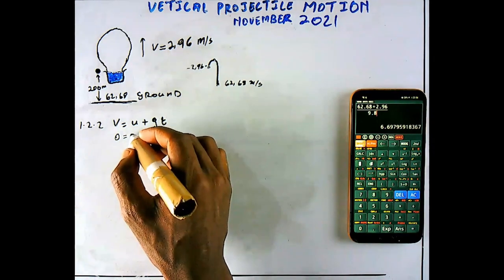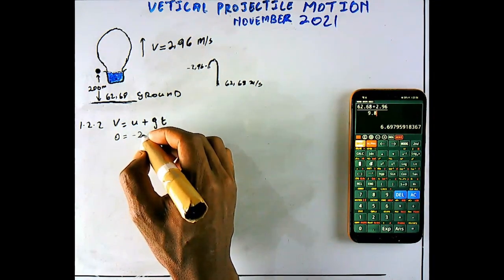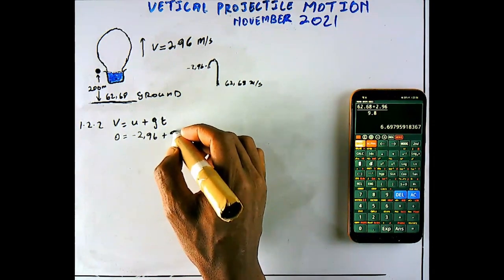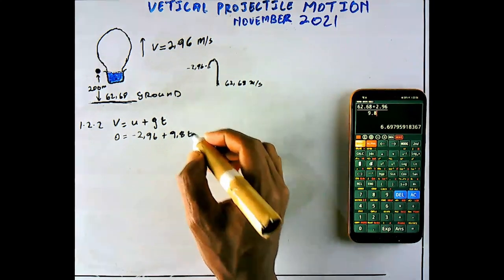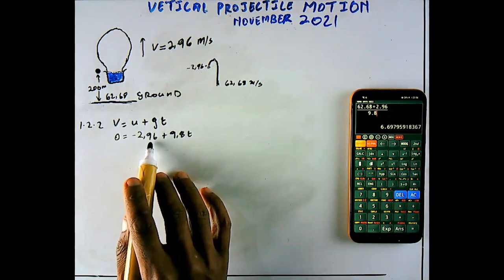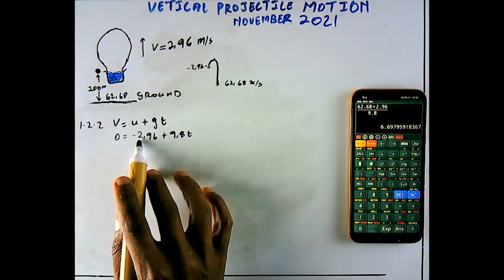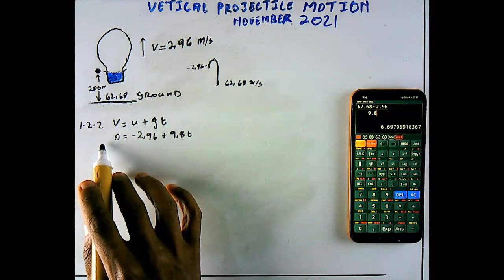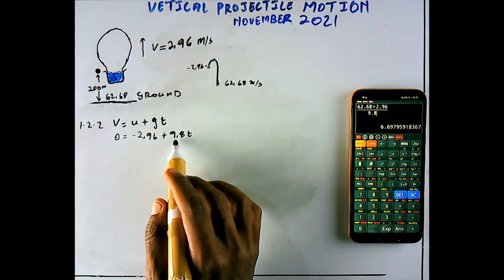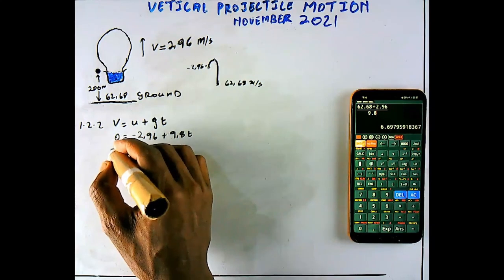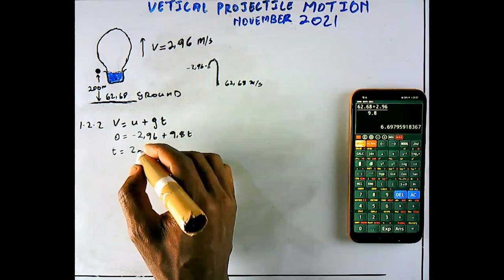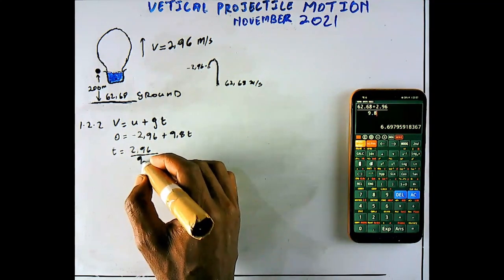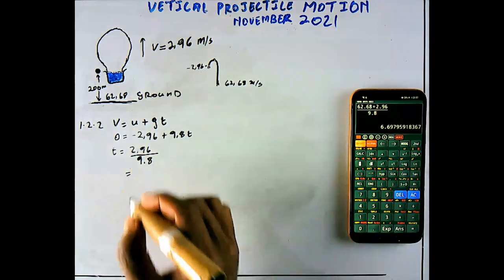equals minus 2.96 plus 9.8 t. And then if negative 2.96 jumps to the other side of the equal sign, it becomes positive, then I will divide by 9.8. So t equals positive 2.96 divided by 9.8, which is equal to